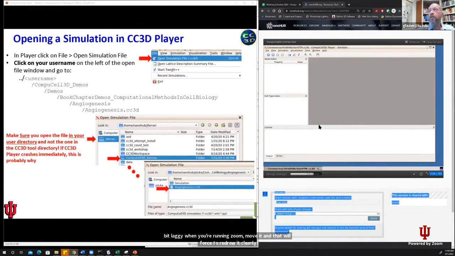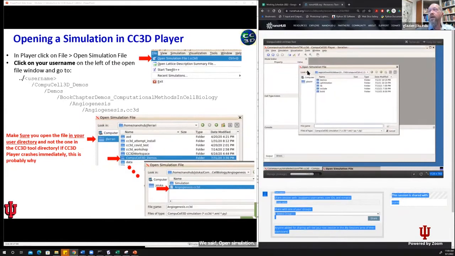Okay, to open a simulation, we go to File here. We pull down File. We select Open Simulation. It will give us a set of options here. We have to first click on our username here. And then we will find a package called